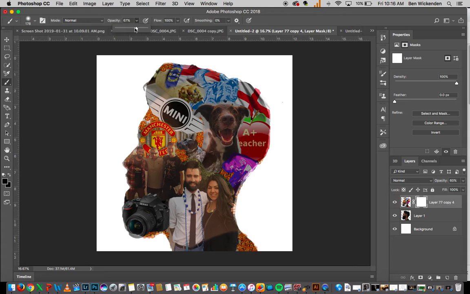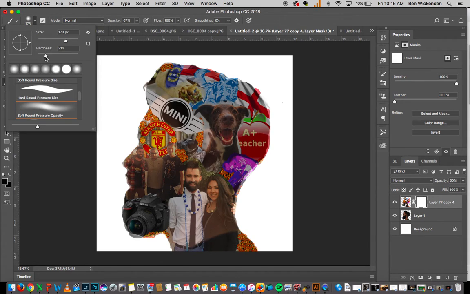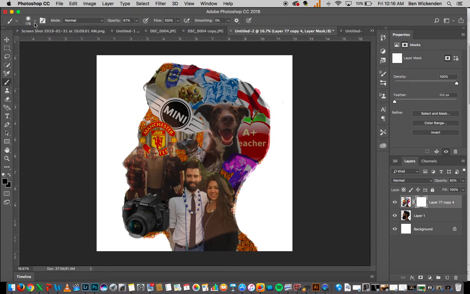Turn the opacity down anywhere from 40 to 70. You'll turn the hardness down to 25 or below, and set your brush to the soft round pressure brush. So this is going to allow us to erase parts of our collage, to reveal parts of our face, which will create the collage overlay